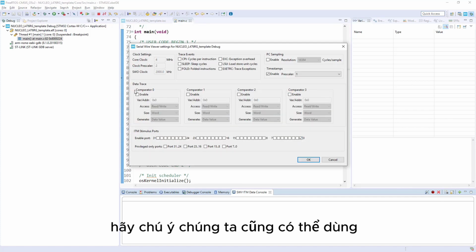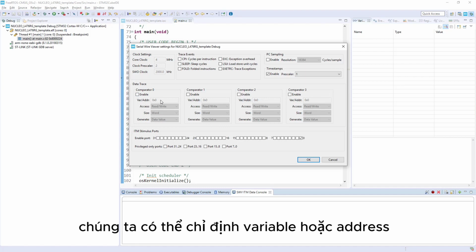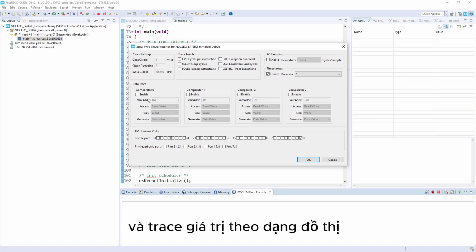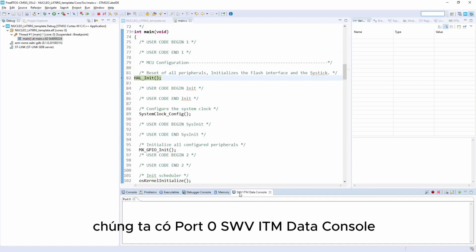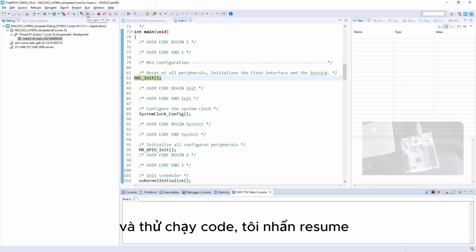Please have a look that we can use some data trace as well. We've got 4 comparators here. We can specify the variable or its address and trace its value in a graphical way, so it's very convenient. I will not use it in this exercise, so I just press OK. We've got the port 0 SWV ITM data console, and now what we need to do is start the trace, and let's try and start our code. So I press resume,